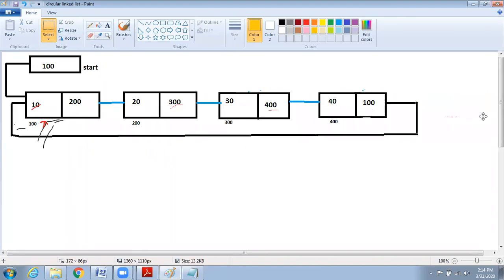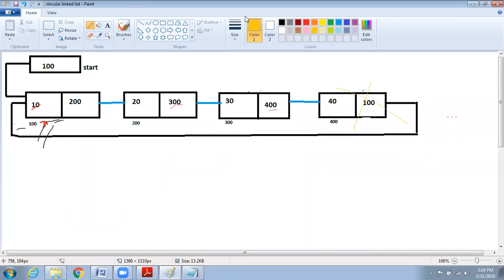I'm just deleting. Say for example, I'm going to delete this node. What are the changes I should do?